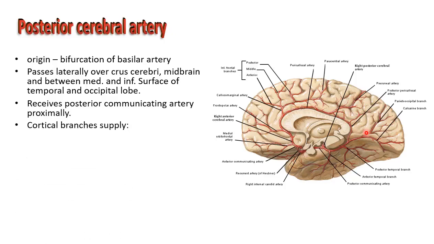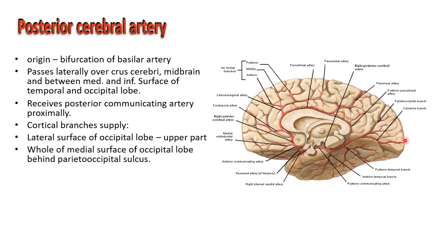Cortical branches mainly supply the lateral surface of the occipital lobe, which is not shown here. As I told you, up to this point the lateral surface is supplied by the middle cerebral artery. Beyond that, the lateral surface is again supplied by the posterior cerebral artery. So most of the occipital lobe is under the blood supply of the posterior cerebral artery. The whole of the medial surface of the occipital lobe behind the parieto-occipital sulcus, especially this cuneus region,